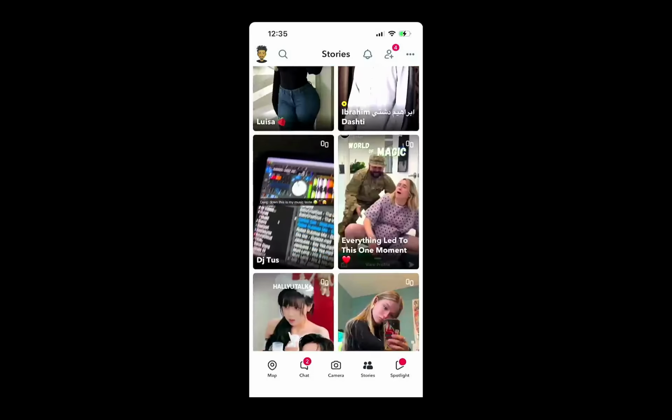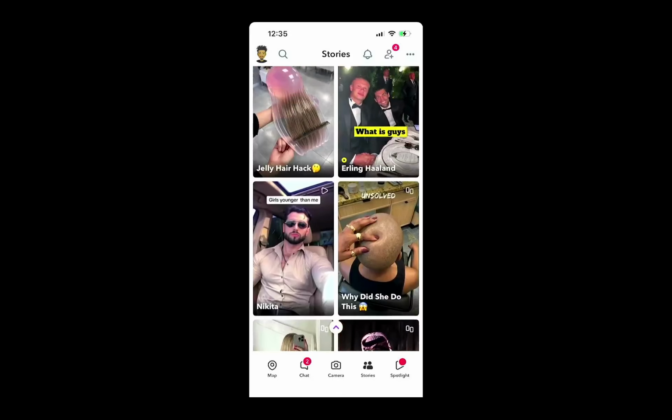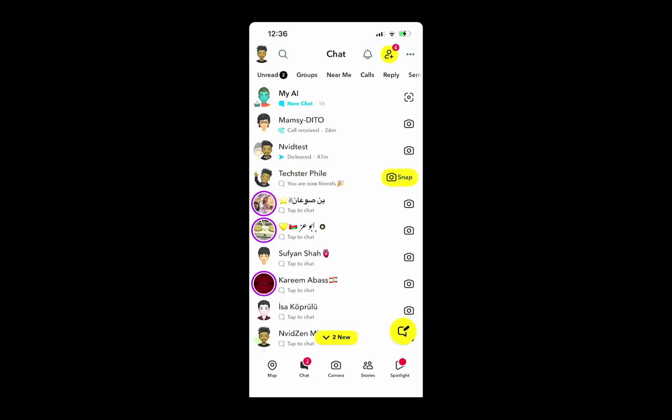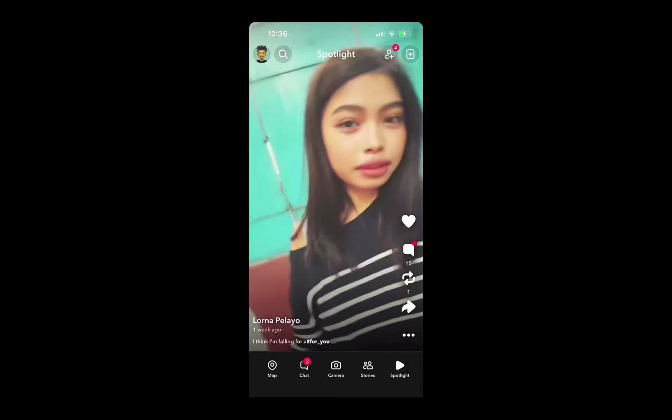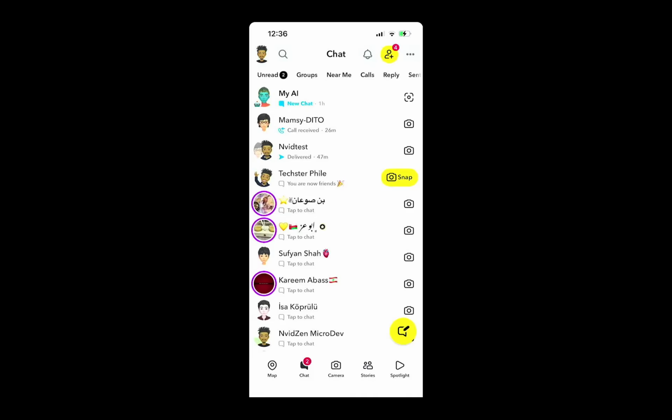First, open the Snapchat app on your device and sign into your account. This step is crucial because you need to access your personal account to manage your conversations. Once logged in, you will be taken to the main screen. Here, you will see various options, but your focus should be on the Chat tab. This is where all your conversations are displayed. It's important to know that Snapchat keeps everything linked to these chats, including your call history.